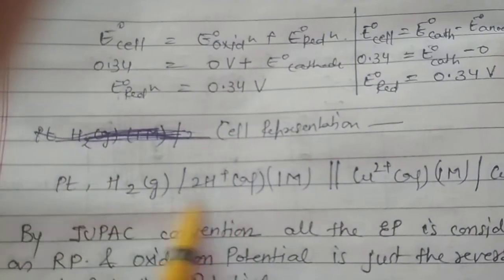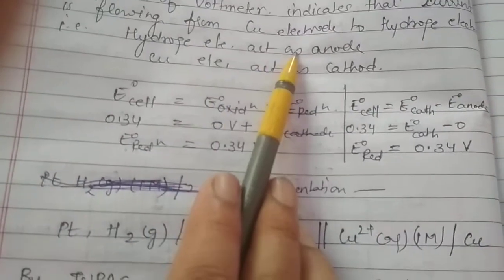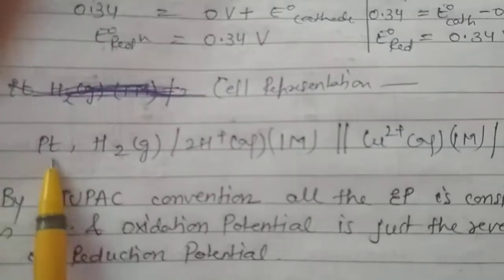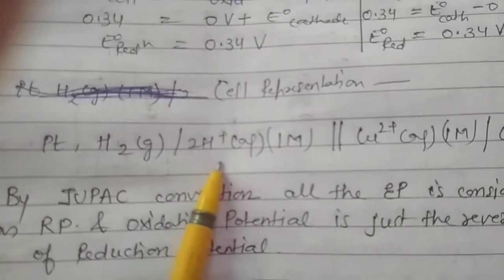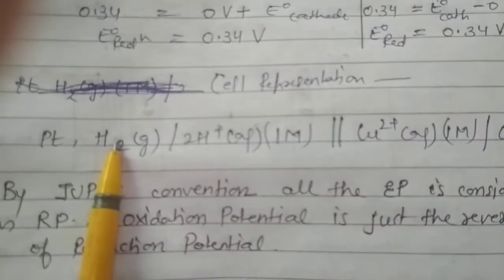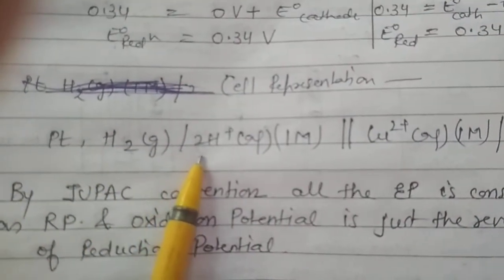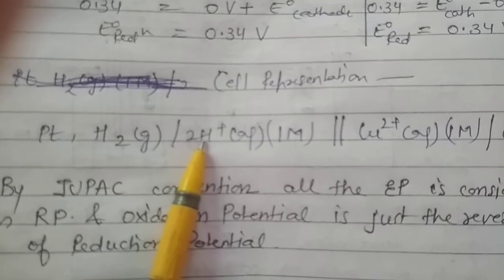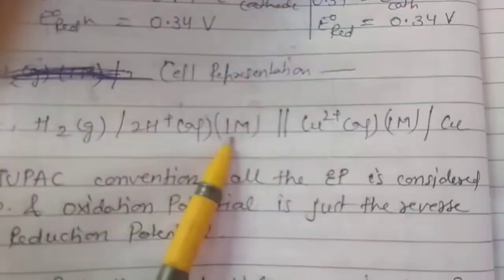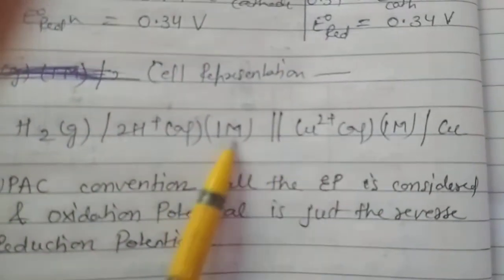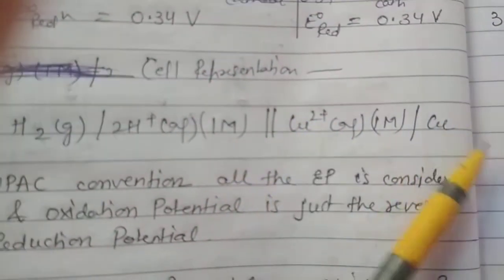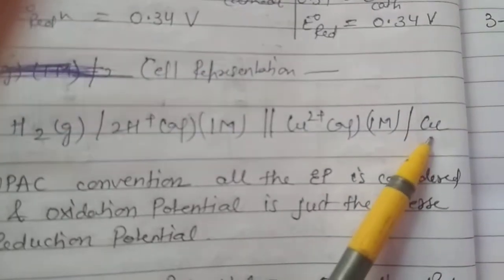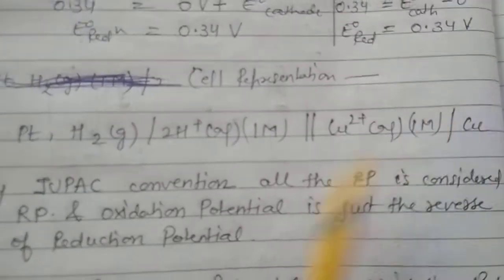First we are to write down the anode part, and here the anode is the hydrogen electrode. So we'll write the oxidation of hydrogen gas, platinum, an electrode working in it. Hydrogen gas is converted into H ion, moving in the HCl solution having 1 M concentration, and then copper, afterwards the salt bridge. Thereafter, copper ion to copper, which means copper is getting reduced in this case.